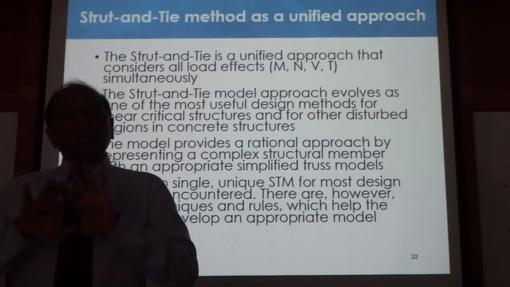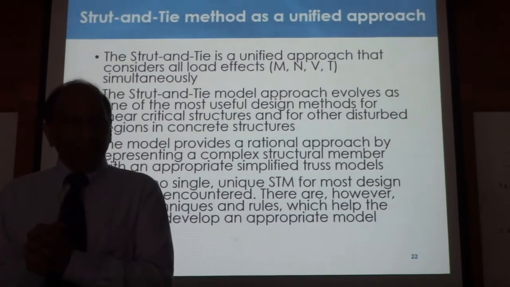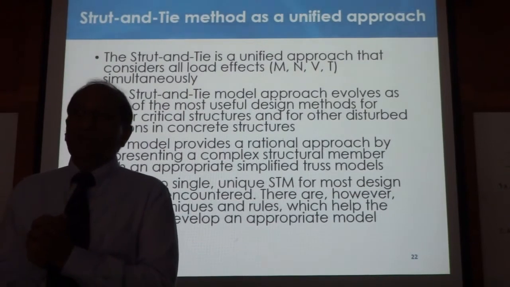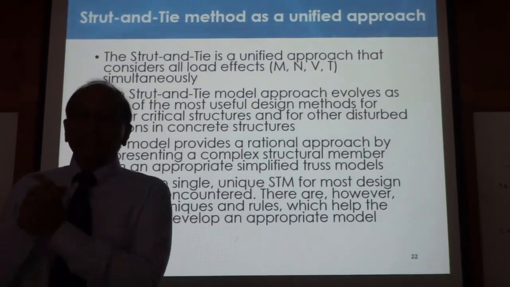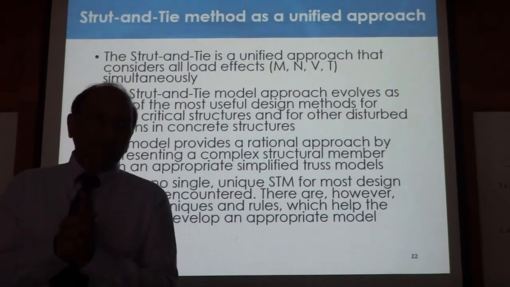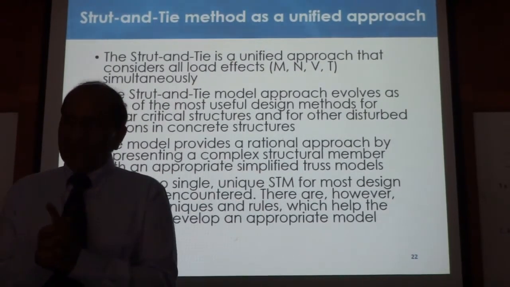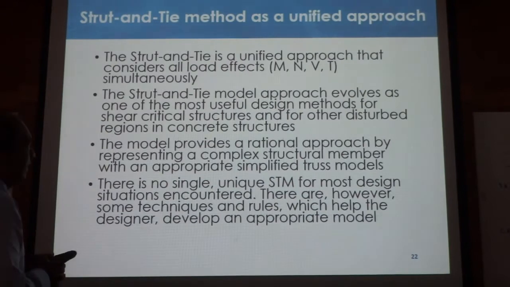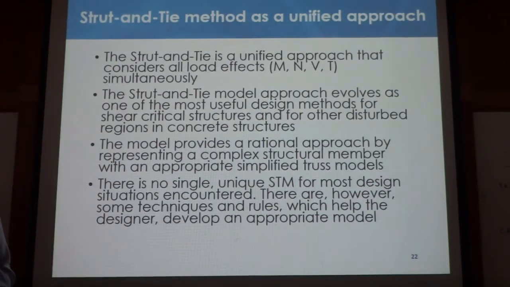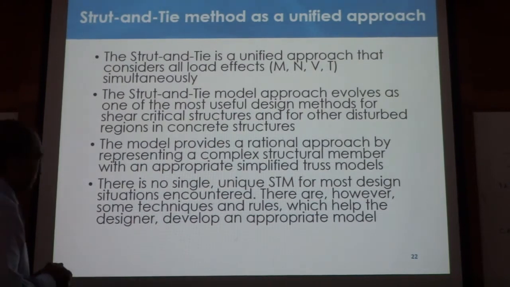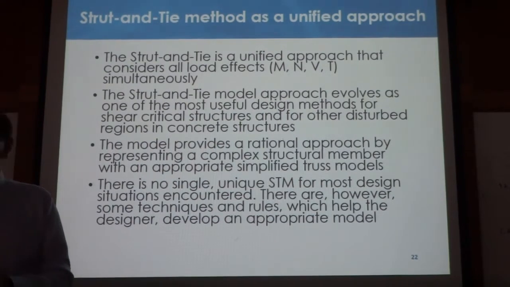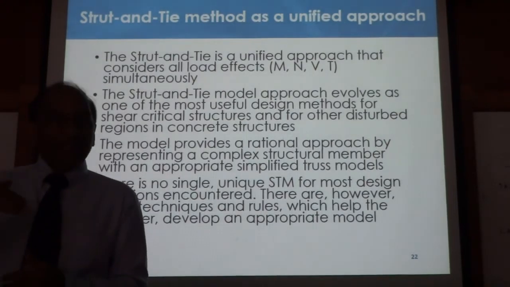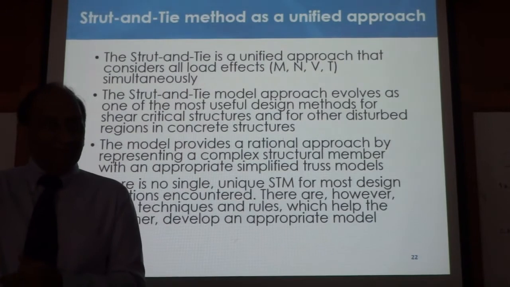And we say, okay, the entire capacity of a concrete member in certain situations comes from tension and compression, tension taken by steel, compression taken by concrete. End of story, right? If we make that assumption, then we come to the idea of the strut and tie model, in which we can resist all forces. This is a very useful and rational approach, and this is a lower bound approach.